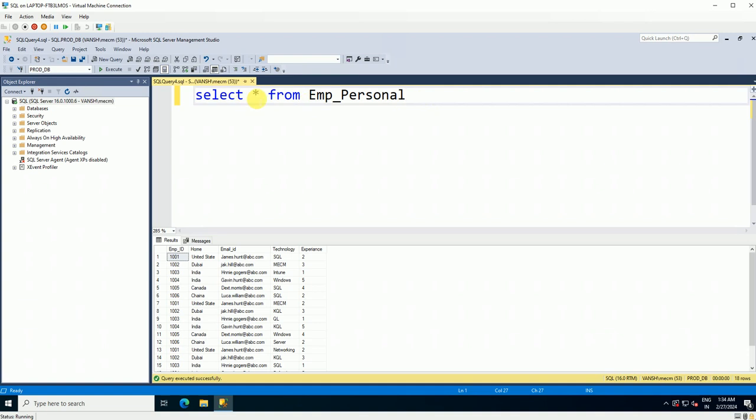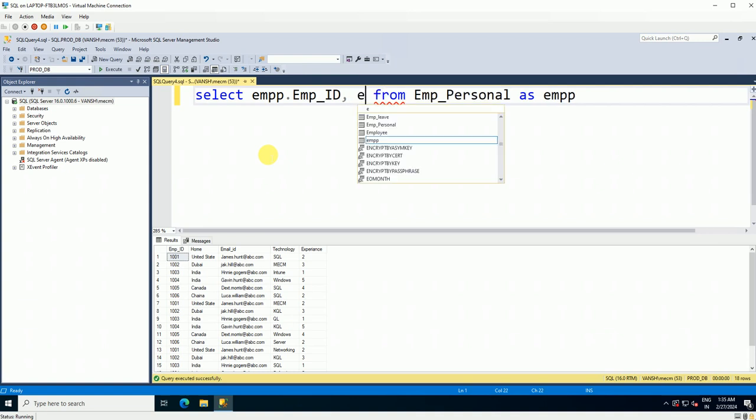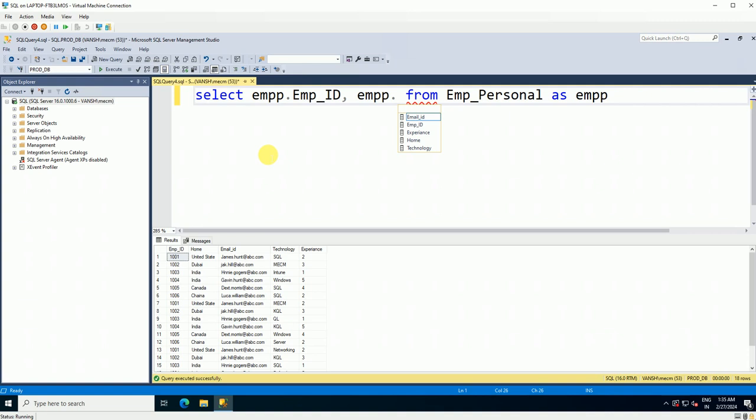And now suppose you need selected columns from this table. What you can do is make an alias for this table. You can put it like a as, and the table name will be converted to some temp table name. So I can say empp, and now from here you can remove the star. If you type empp dot, it will show you all the columns that are available. Suppose I need the first column, employee id, and then I need the email id, empp dot email id,